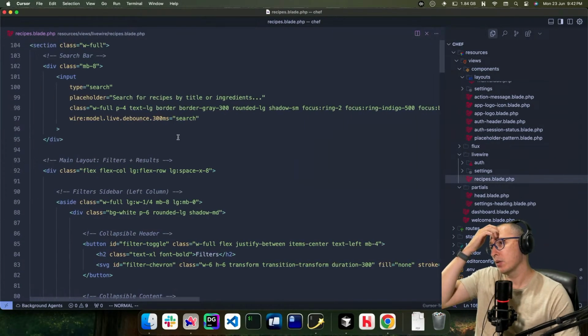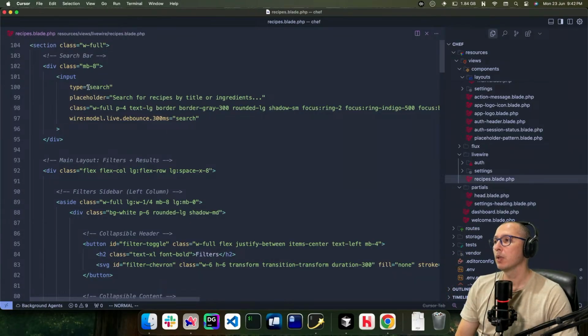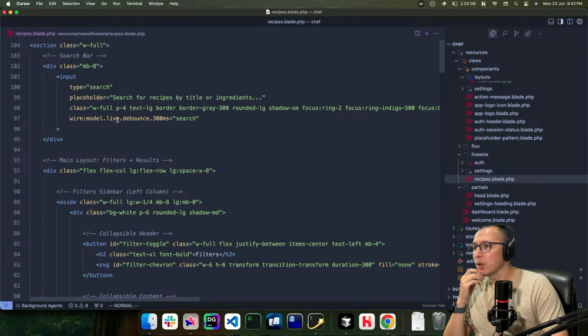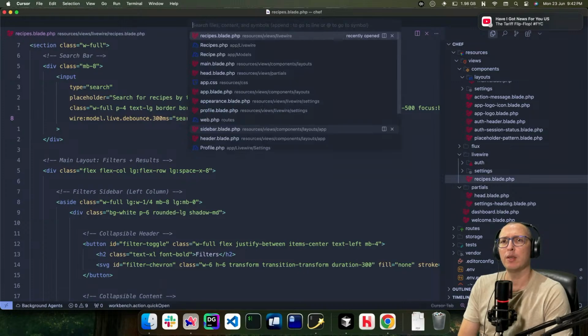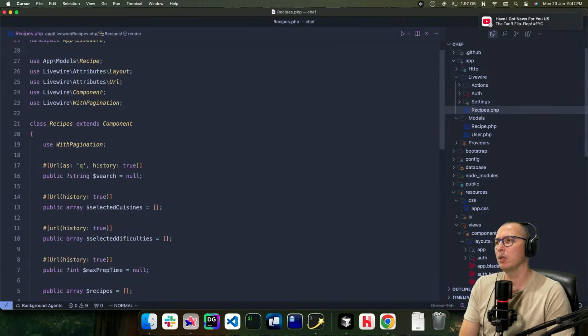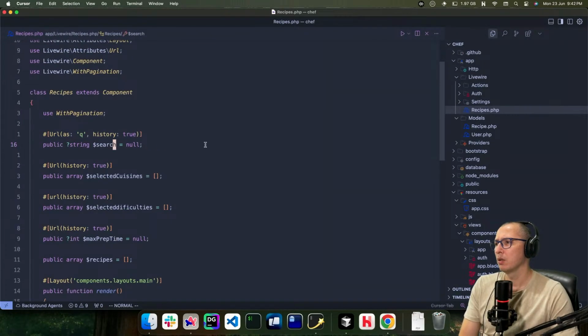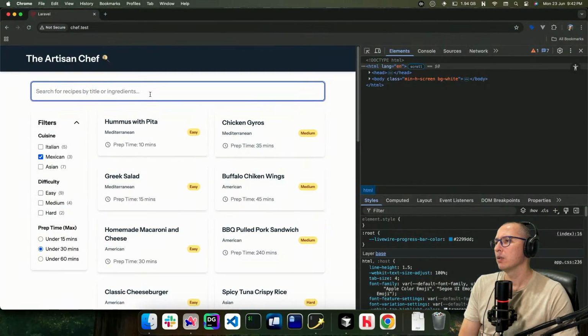Let's find that search bar. And it's wired with model live debounce 300, bound to search, which in theory should be fine. Huh. Let's try it out.